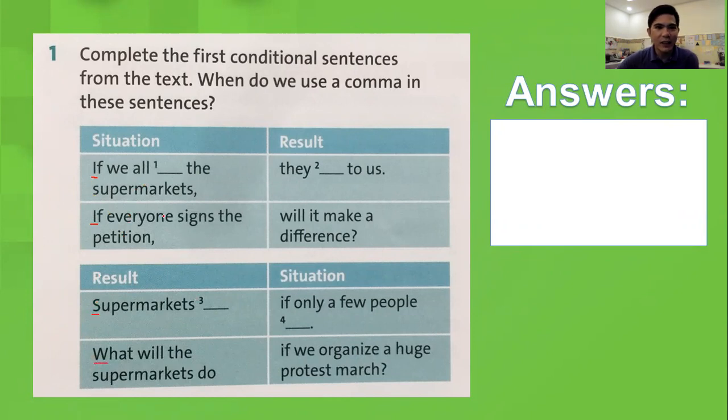Okay? Again, in writing first conditional, if we use the situation first, we use the comma, then the result. If we use the situation first, we start with a big letter, we start with the word if, and we use comma, then the result. But if we use the result first, we don't use comma at all. If we use the result first, just use the capital letter in the first word, and no need to put comma. All right, let's try to answer this